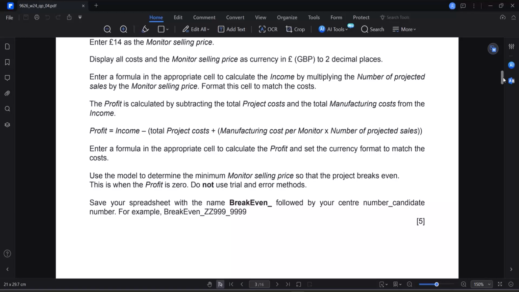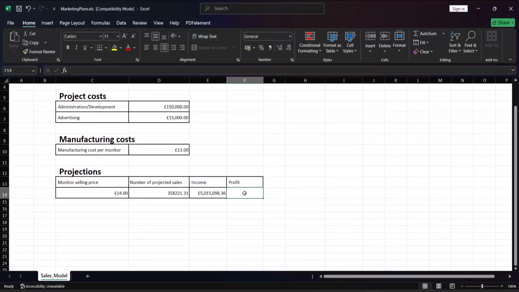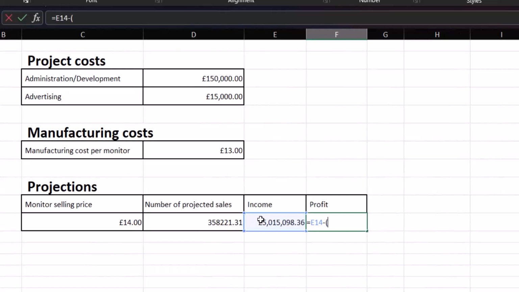Then we close both brackets. So let's come down to where it says profit equals the income minus, so I'm going to open a bracket,